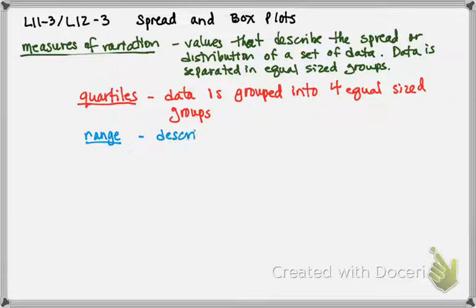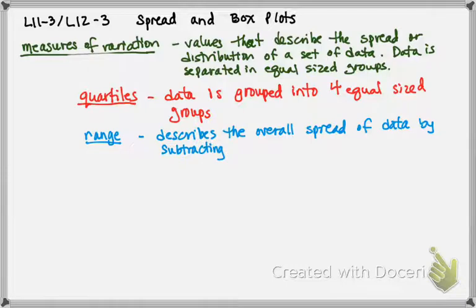describes the overall spread of data by subtracting the least value, so the smallest number in the set of data, from the greatest value, so the largest number in the set of data. Okay, and then I'm going to bring in one more word that also can affect the range, the spread of data. It would be